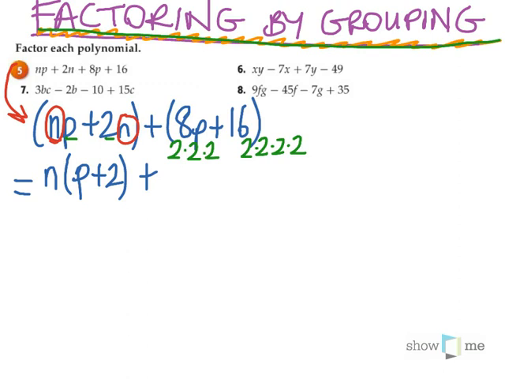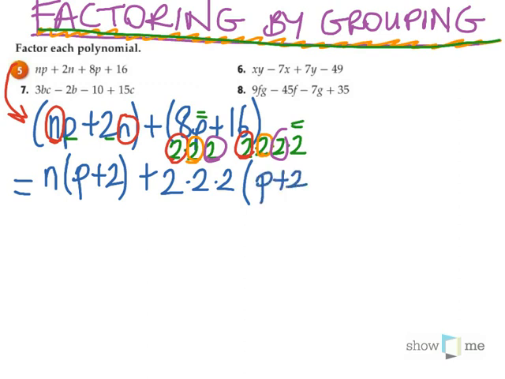So in the second group, 2's are common, times also these 2's are common, so 2, and here these are common, times 2. There's nothing else in common, so I'm going to write p and 2 inside the bracket, so it will be